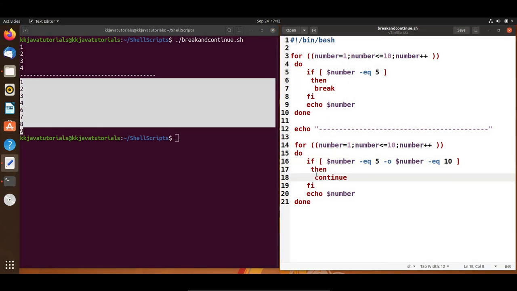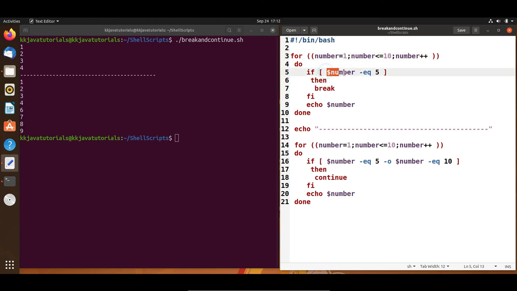So now let's wrap up. When you have a list of things to process using either a while loop or a for loop, and when you get some matching condition and afterwards you don't want to process further, then you can use break, right? Let me show you a typical example.